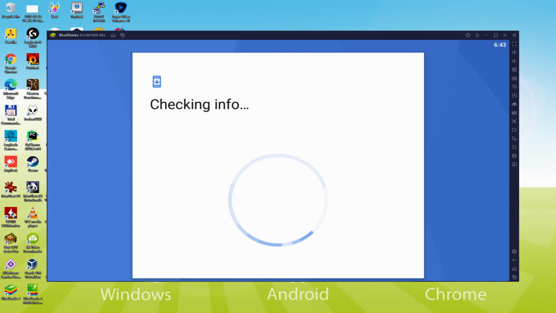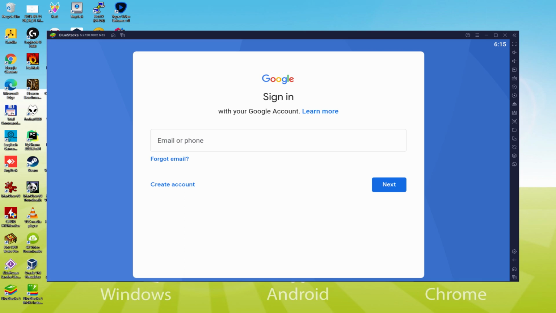At present it says Checking Info. It can sometimes get stuck in Checking Info and fail to continue. In that case, you may try to log in after a couple of hours and it may usually be sorted out. Now we can enter our username and password. The email needs to be a Gmail email and its associated password. For instance, you may use the same email you're using right now in your YouTube account.